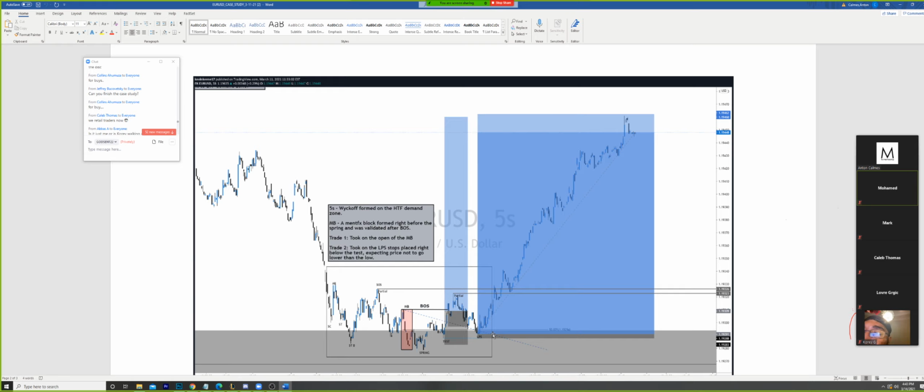I don't know how that looks. I think maybe a 1 to 8 RR. So he's locked in 4 RR on this trade and 0.5 on this one, locking in overall, what, 4.5 RR already. That's 4% locked in within, what, a few minutes, right? Locked in within a few minutes, and then the trade runs. Now, the trade could have not ran, and he would have made money. Or in this case, it could run, and he made a shit ton of money. Either side of the coin could have happened there, right?